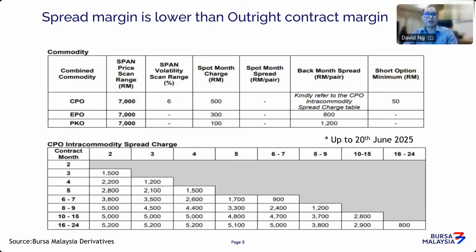But what is important is that if you look at this calendar spread down here, the majority of them are pretty much a fraction of what your outright contract is, between the region of 10 to 30 or even 40%. So you definitely get lower margins whenever you trade spread contracts, and that helps individuals optimize their risk management. Because the fluctuation of the spread market is much lower, traders who trade on the spread market will definitely be more focused on sizing their position based on the number of lots they can do.